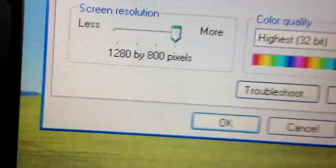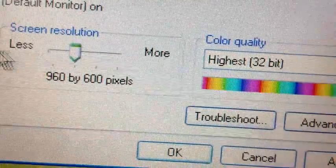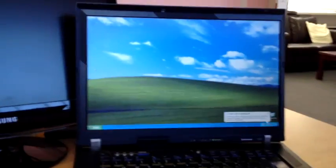I can't even mind the resolution, let me have a look. But while this is using generic Windows drivers for graphics, it will actually support widescreen resolutions, which I've never seen XP do that, so it must be, yeah, 960 by 600 pixels. Yeah, I've never seen XP be able to do that before, but I think it can in Service Pack